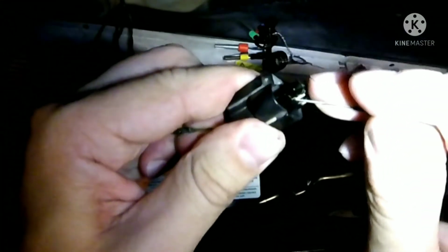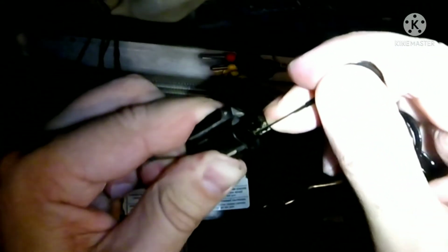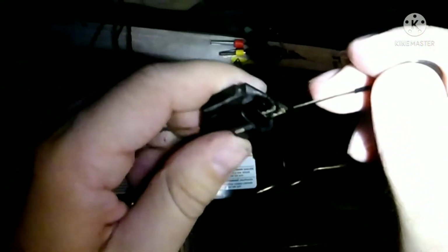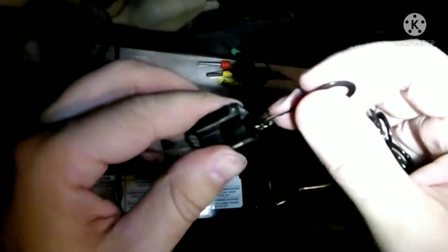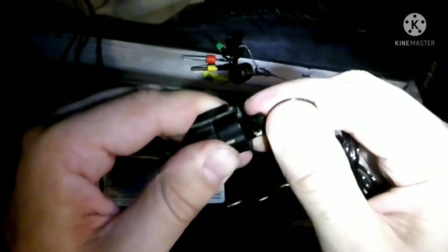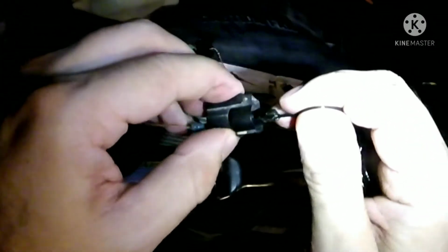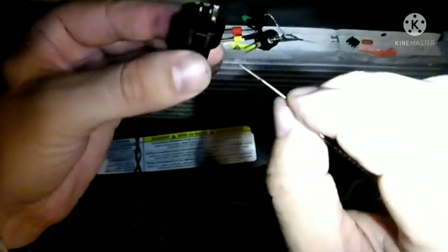I know it's hard to see, guys. I'm sorry, it's dark. But yeah, you pull it away, and you pull back on the pin, and there it goes. And then I give it a little bit of assistance. I take my other pin and I shove it down inside, which pulls the pin out from the back side. So that's what I'm going to do for each and every one of those. That's how you pull out the pins for this particular one. I'm a little nervous about putting it back in there, but